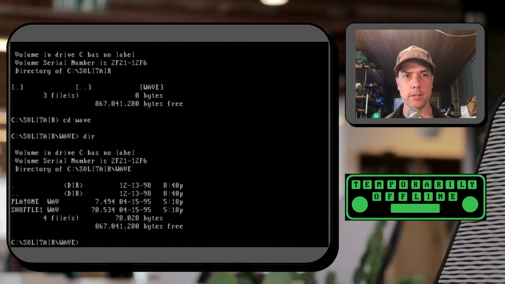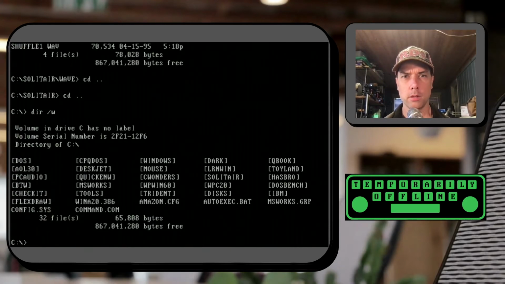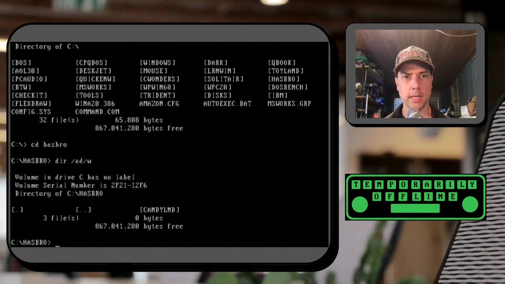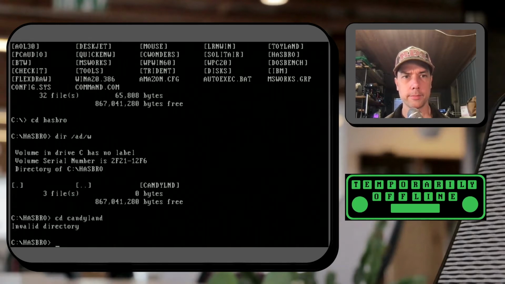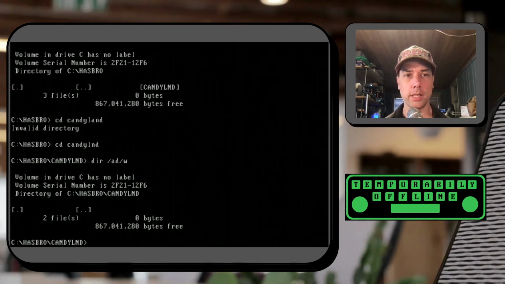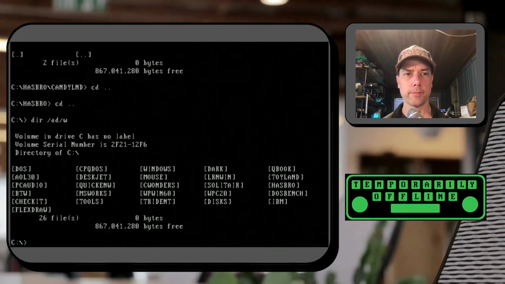All right, a couple of WAV files there. Hasbro. There's Candyland. Candyland. So DOS key doesn't have tab completion. That's why I'm not doing that. All right, so this is another thing that was uninstalled, but not really uninstalled properly. BTW. By the way,